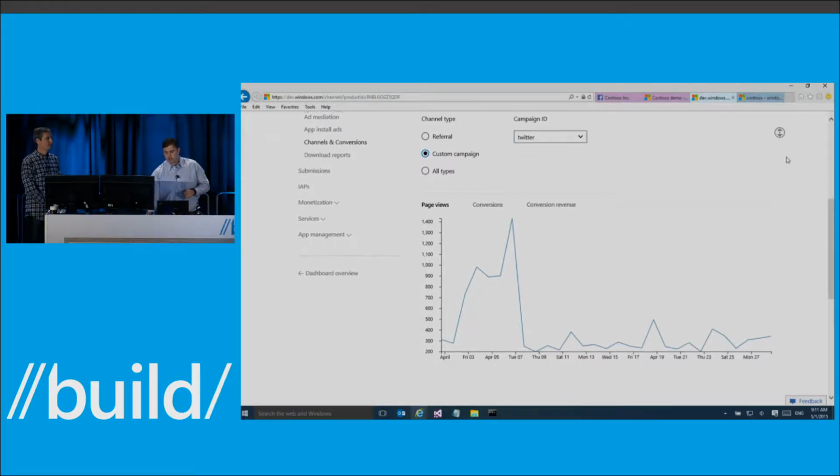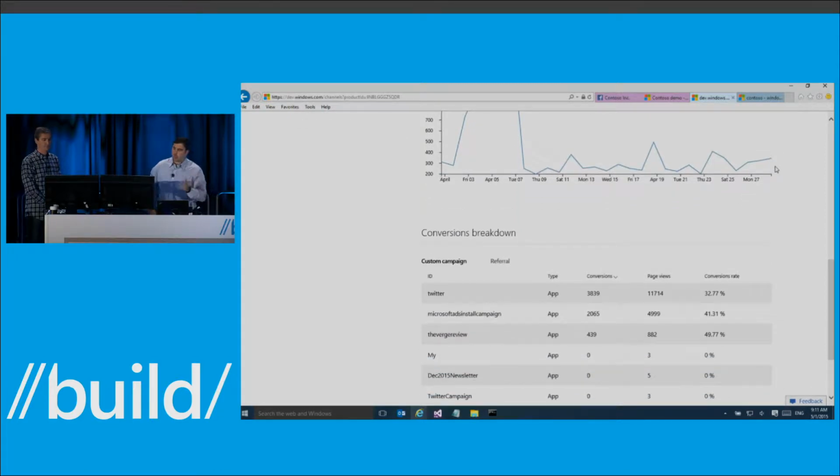So going down further into this report, we provide a conversions breakdown table here that does just that. So you can see here we've had a couple campaigns that we've been running over time, and soon the Facebook campaign will start showing up here, the views and conversions. And as you can see here, the Twitter campaign was great in driving new traffic, new people to view our application, and it had a conversion rate in this world of about 30%. However, the app install ad campaign we were running at the same time here, although it didn't drive as many page views, was much more successful in converting the users that actually came to view the application to purchase it.